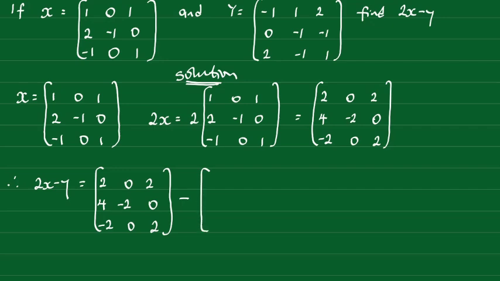The value for y we are given is [-1, 1, 2, 0, -1, -1, 2, -1, 1]. These in turn will be equal to,